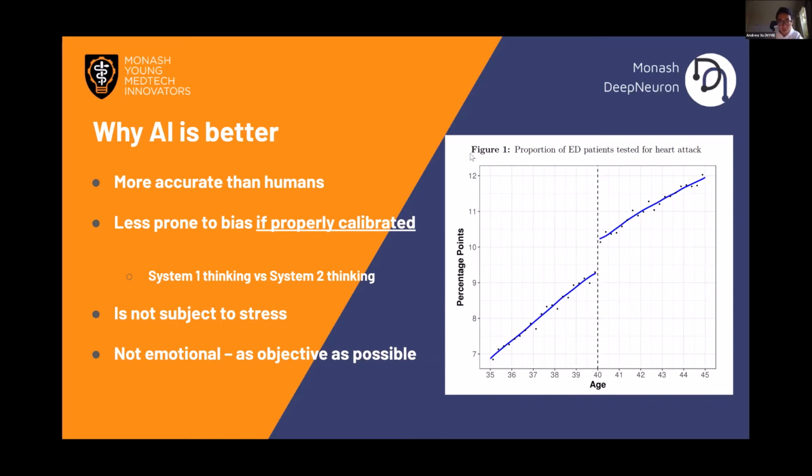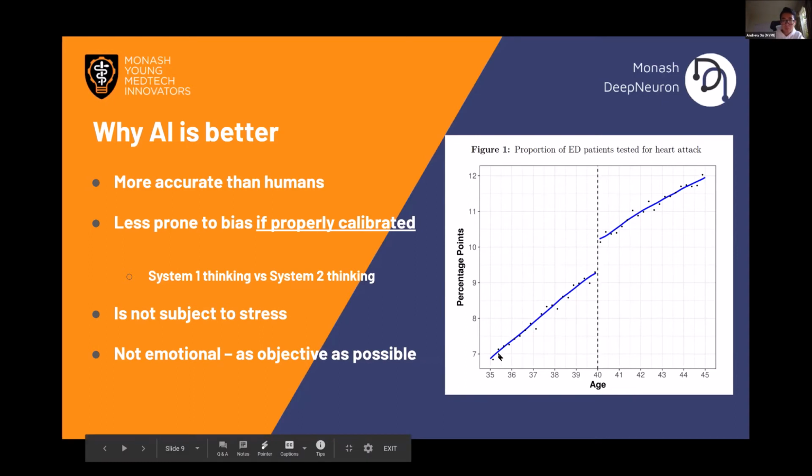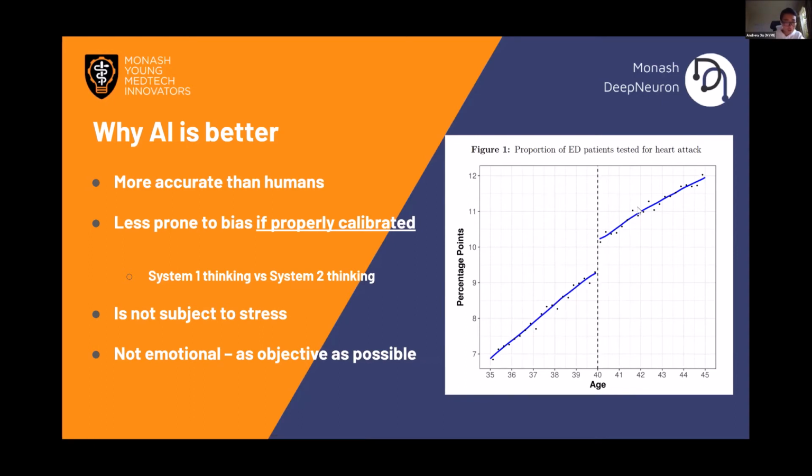So if you look at the diagram on the right, it tells a pretty interesting story. The diagram looks at the probability that a patient will receive a test for potential future heart attacks depending on their age. As age increases, you can see that the probability that a doctor will prescribe the test increases. But in most medical literature, the recommended threshold for prescribing one of these tests is set at the age of 40, because we know that people aged 40 or less are less likely to have a heart attack. But what this graph shows is that